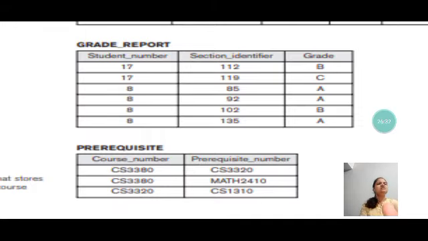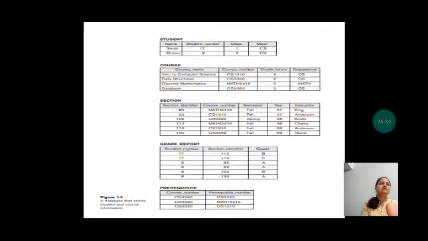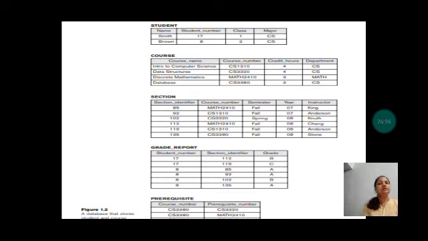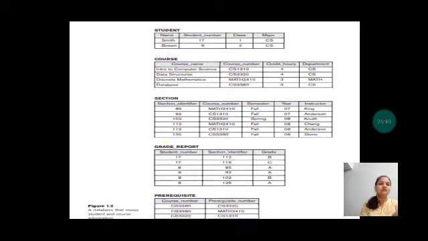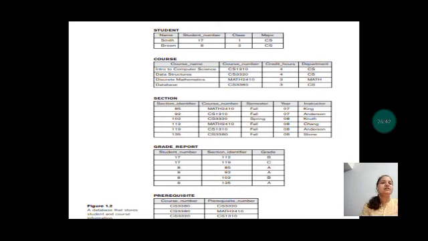So it's just the database for the university, according to the author who has written this. Okay, it depends on us. It depends on our requirement. We can choose the different types of entities. Entities are nothing but the different types of tables, and which type of data I want to store in that.